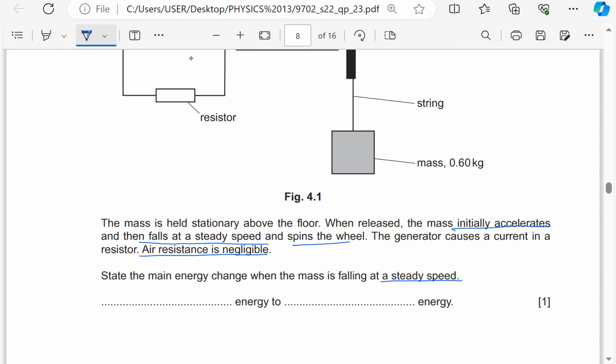Steady speed means we cannot talk about gain in kinetic energy, because kinetic energy here is constant. They said it initially accelerates and then falls at a steady speed. Since it falls, there is a change in height, so gravitational potential energy is being lost, so gravitational potential energy changes to